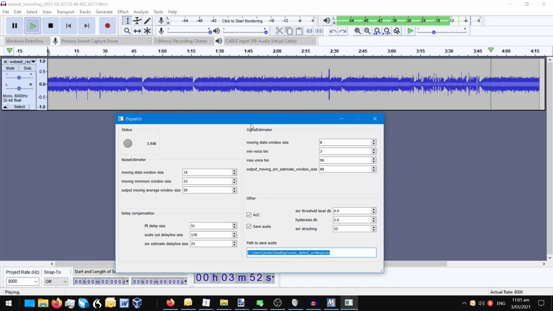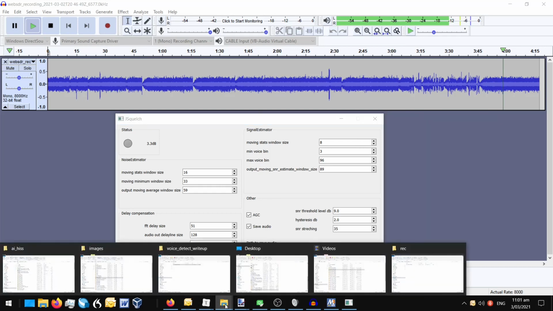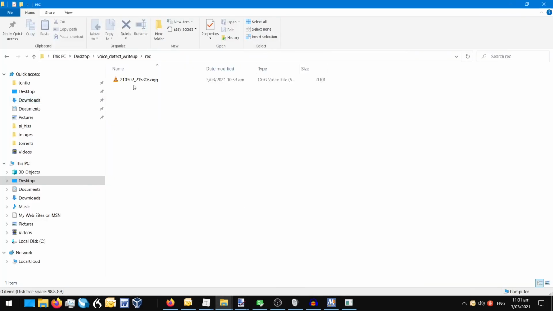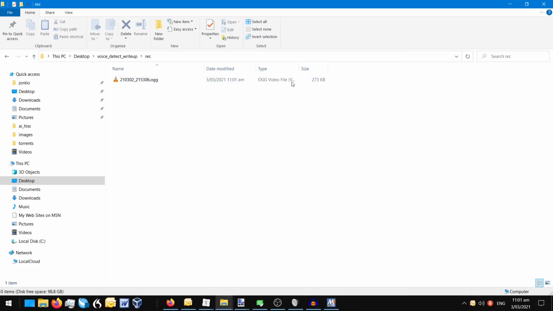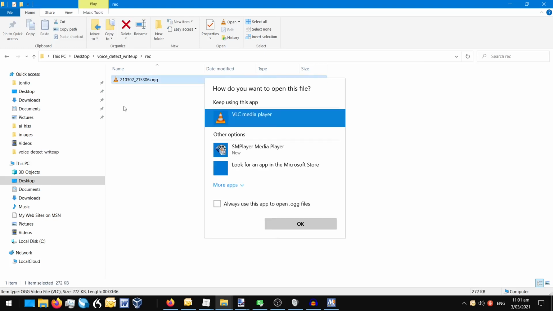And there it goes, there's contact. So now it's played that audio file. If we go into here, we can see it's recorded an audio file. I'll stop that. Now if we play this,